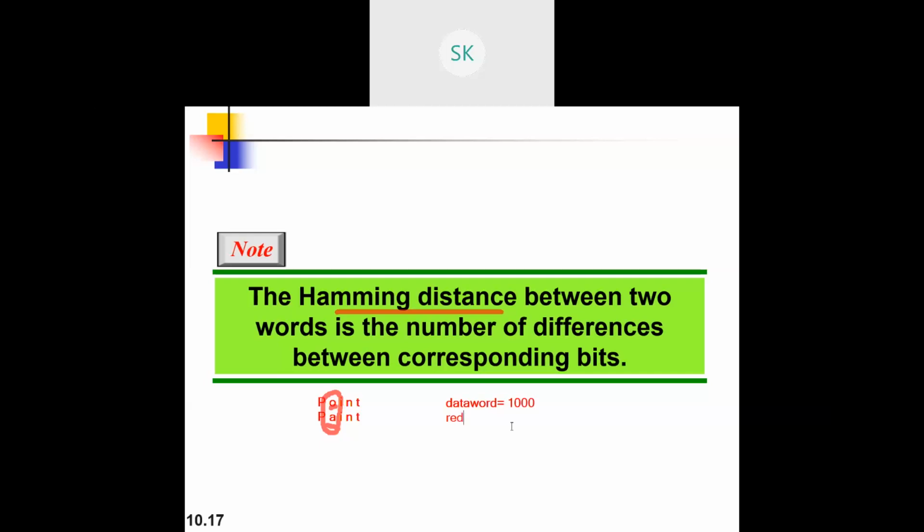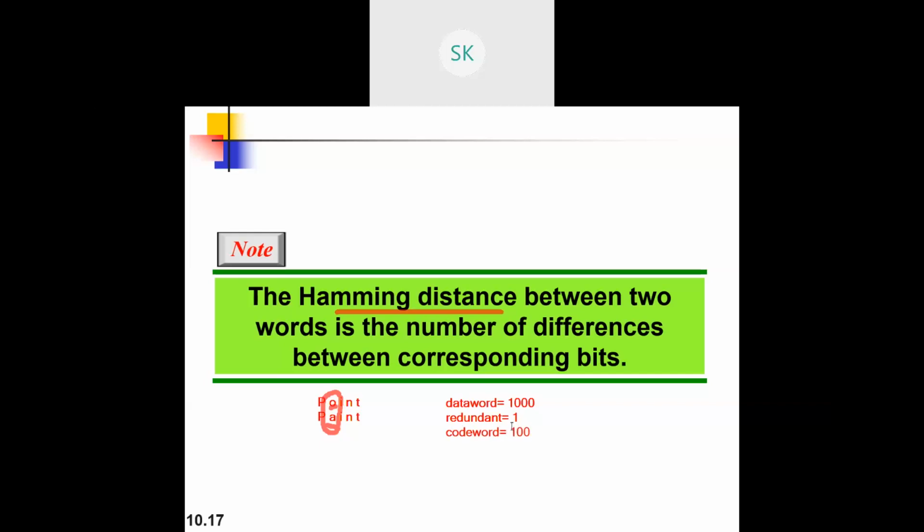Next, redundant bits. I'll add one to it in order to make it a parity check. So now the code word becomes,